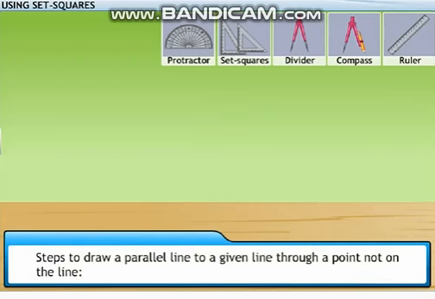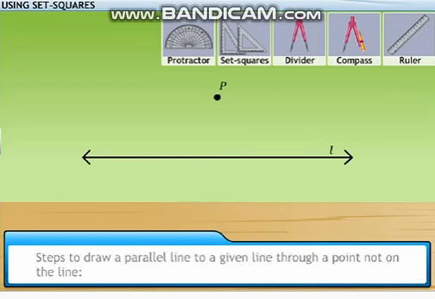Next, we'll draw a parallel line to a given line through a point not on the line. Here, L is a line and P is a point not on the line. Place a